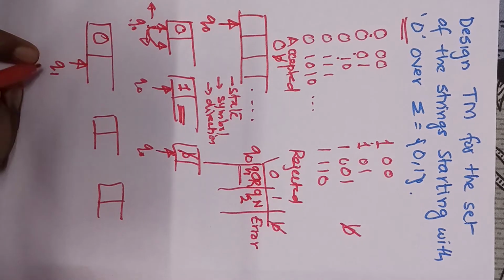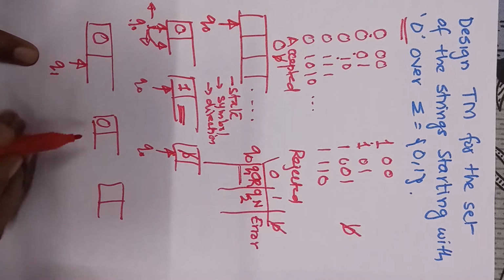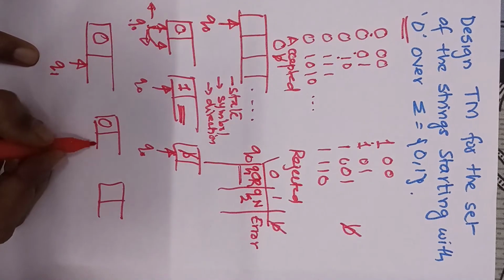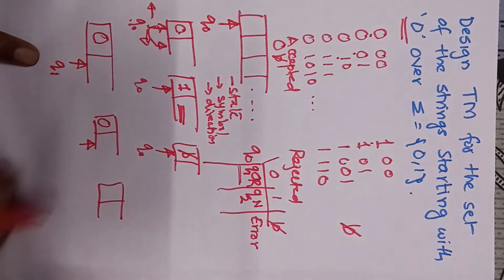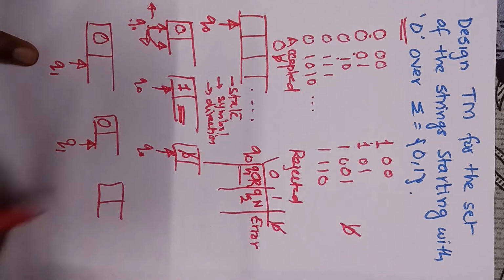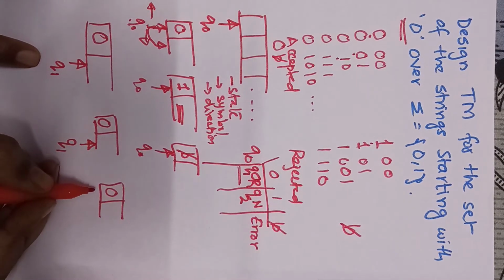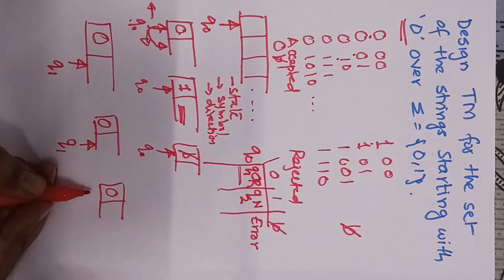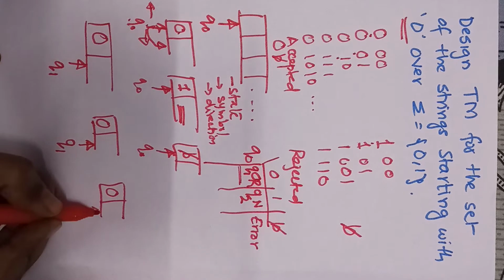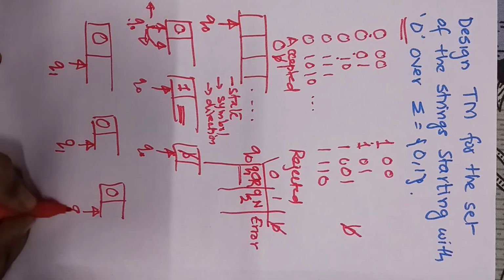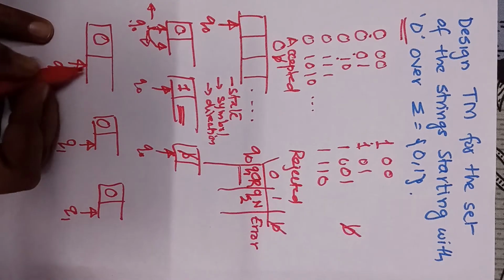I will write these possibilities here using different combinations. So this is q1, and this is also q1. After reading the first 0, when my pointer is shifted towards the right hand side, that state is called q1. After reading the first occurrence at the first place as 0, my pointer is shifted towards the right hand side, and that is marked as q1. Now the next bit,